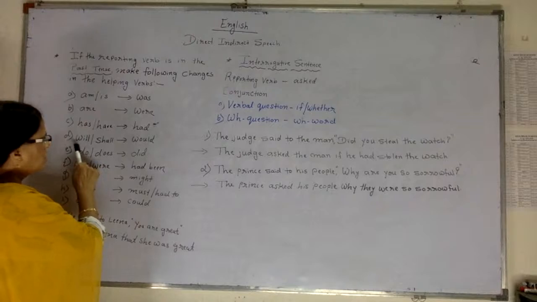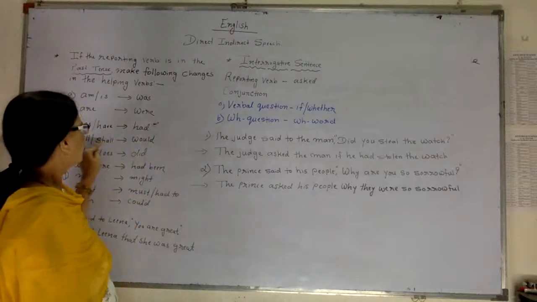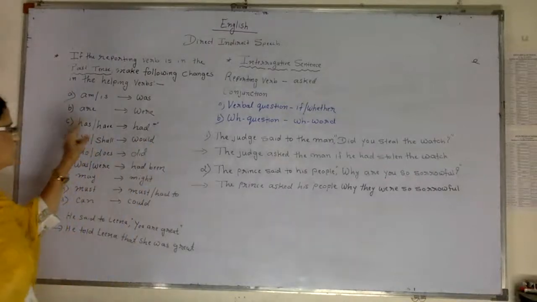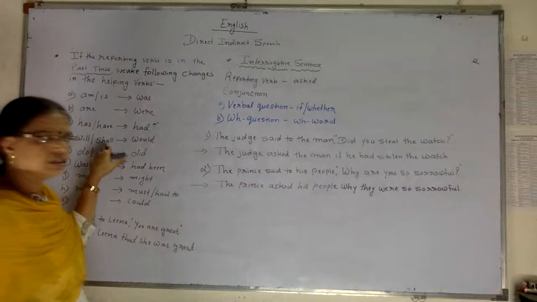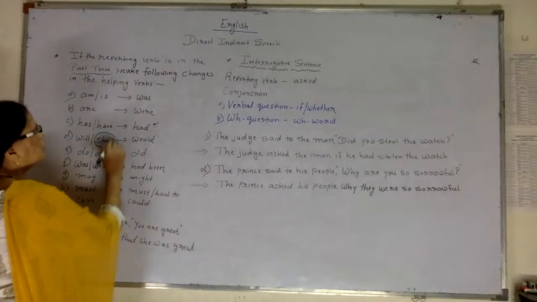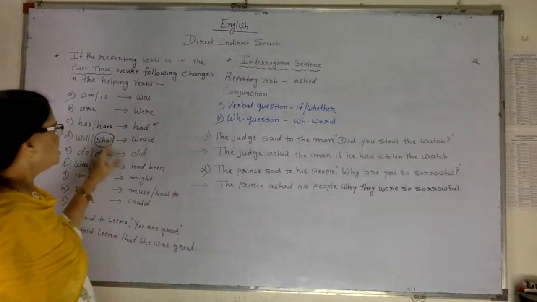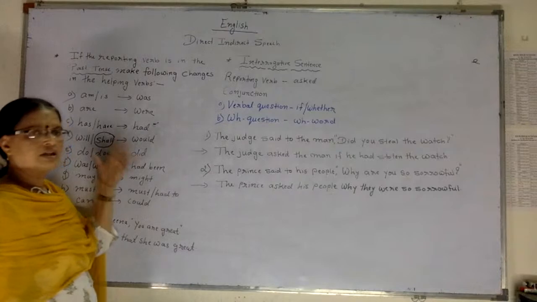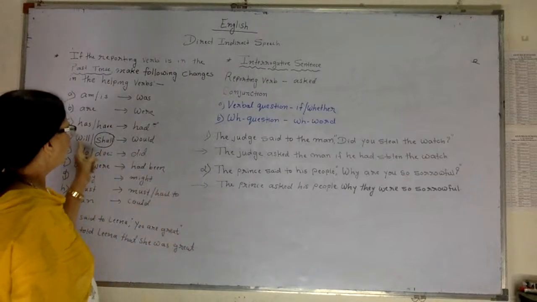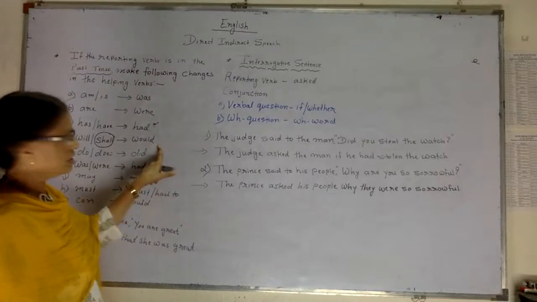Then will or shall, which is in the future tense, will change into would. Remember that shall will also change to would. Shall will never change into should. This is where young children are prone to make the mistake. Most of the children change shall to should, but should functions as a modal auxiliary there. So please keep in mind that will and shall will always change to would. It will never change to should.